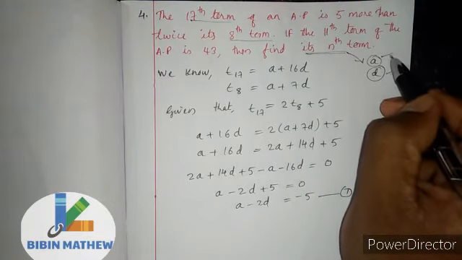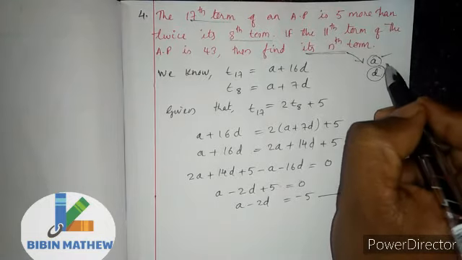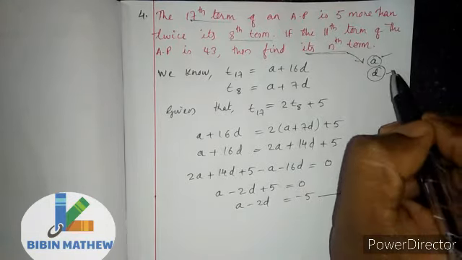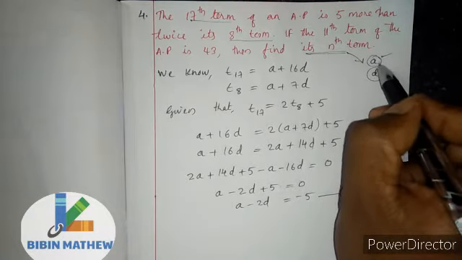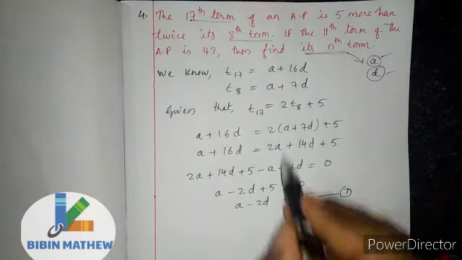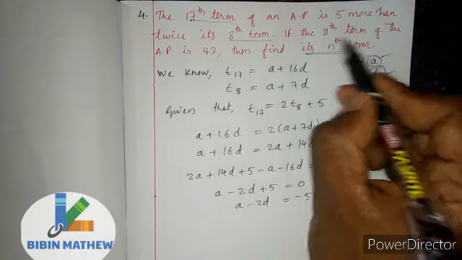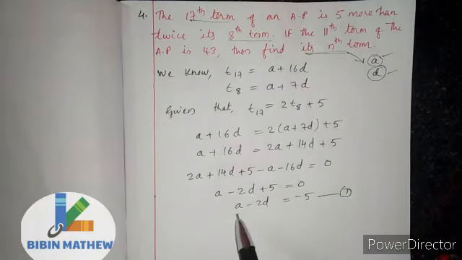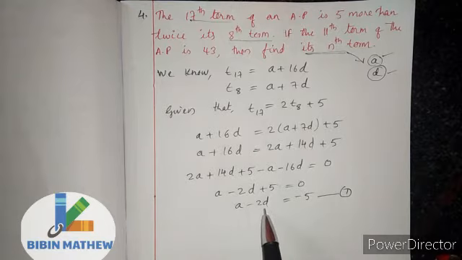So inside your mind you have to bring that your question is to find the first term and the common difference. That is your question. We are going to find that one. So now you got one equation, and for the second equation, you know that here there are two unknowns as we studied in our second chapter, linear equations in two variables. I told you if there are two unknowns, here A is an unknown, D is an unknown.